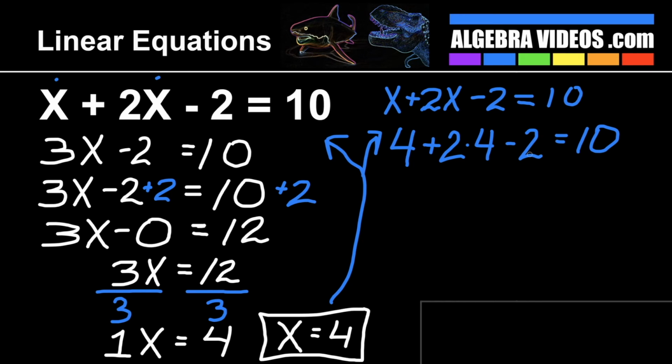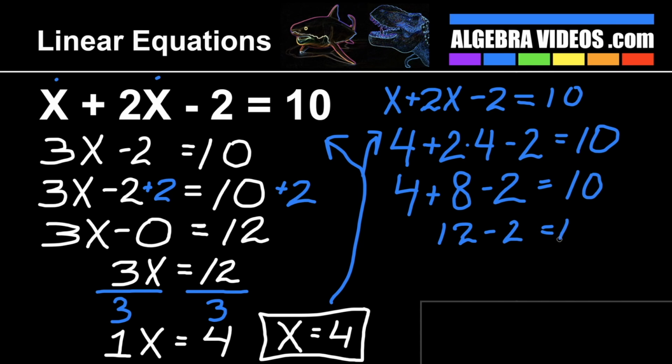So let's simplify this. 4 we'll just leave the same, plus 2 times 4, that's 8, and then minus 2 equals 10. So continuing to simplify, 4 plus 8 is 12. Minus 2, just writing that again,